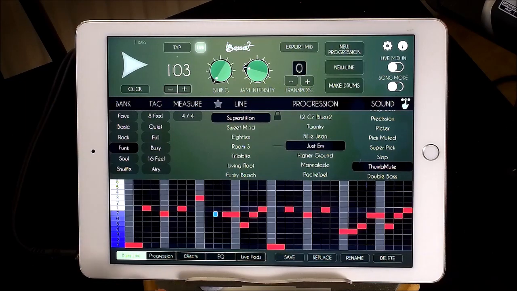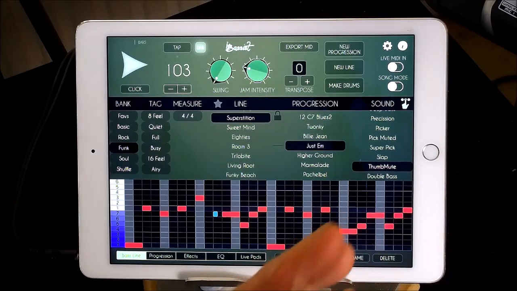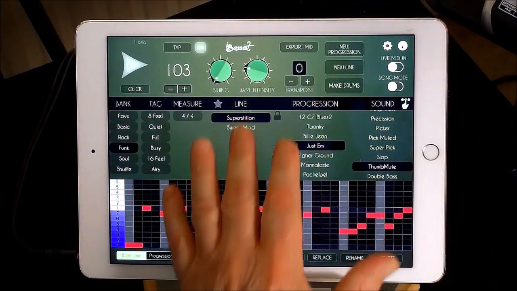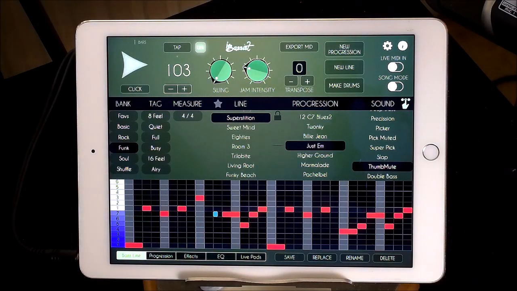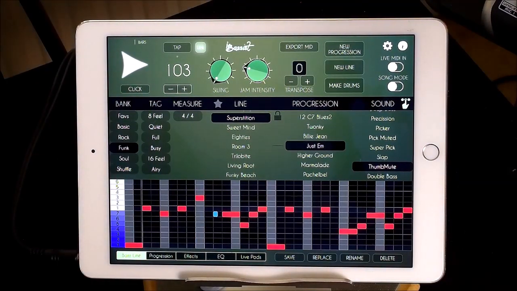You can set up all sorts of different progressions. You have loads of different types of bass to play. You have different types of progressions, some of them famous. You have different types of lines, again based on famous lines. So if I just set this off to play, you're going to get an idea. So it's kind of like Superstition, yeah, but it's just playing E minor. If you go to progression here,